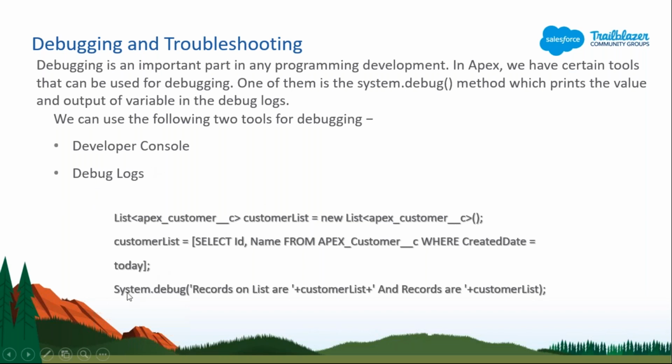And in the developer console, if I want to debug a single line or a single list or anything, then I simply go and write System.debug, which we have used earlier. Whatever you write in the code will come out as static. Then if I'm creating a list over here, the list will be displayed over here.